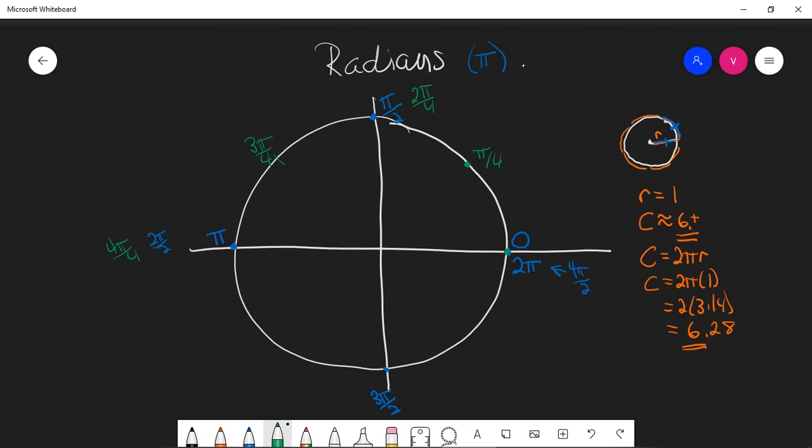So quarter, quarter, quarter, right? 1/4, 2/4, 3/4, 4/4, 5/4. So there's 5 pi over 4, 5/4, 6/4. 6/4 is the same as 3/2. 7/4, and 8/4. 8/4 is the same as 2 pi. Okay, so now we have our other important measures, which are,